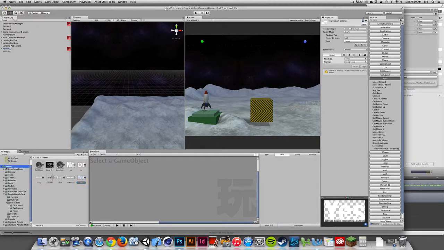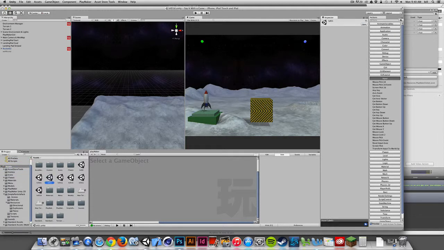Now, I want to point out that I've already mocked up the placement of my menu. And as I've been developing my project, you may have noticed that I'm incrementing the name of my scene. So I have level 01. That was my first level that I worked on. And then I went to level 01A, B, C, and D. D is the final level that I've worked on. Now I'll continue to work on this, but this is just preserving the history of my project as I go. So once I'm done, I'm going to do some cleanup, both in the level and the usability and dial things in,